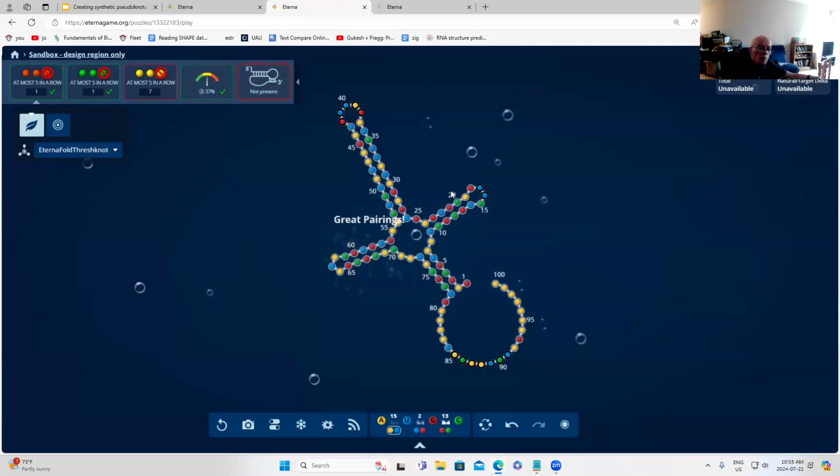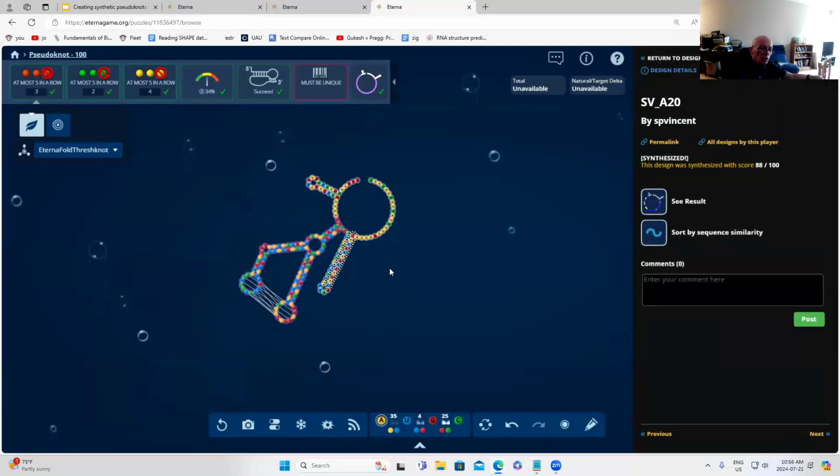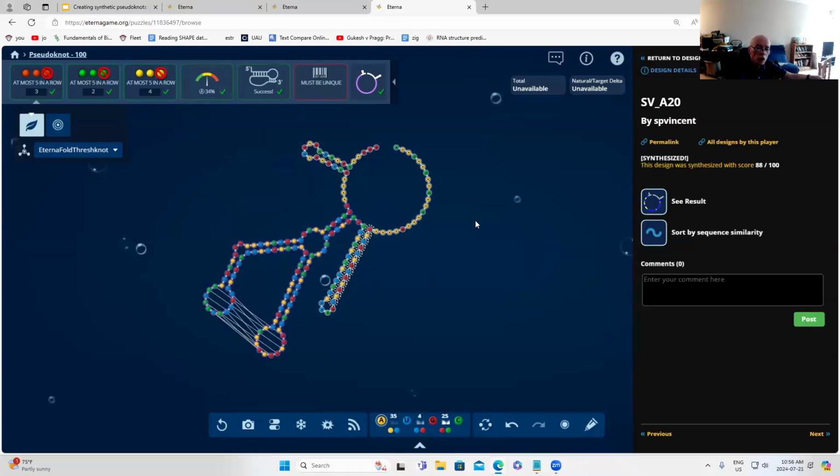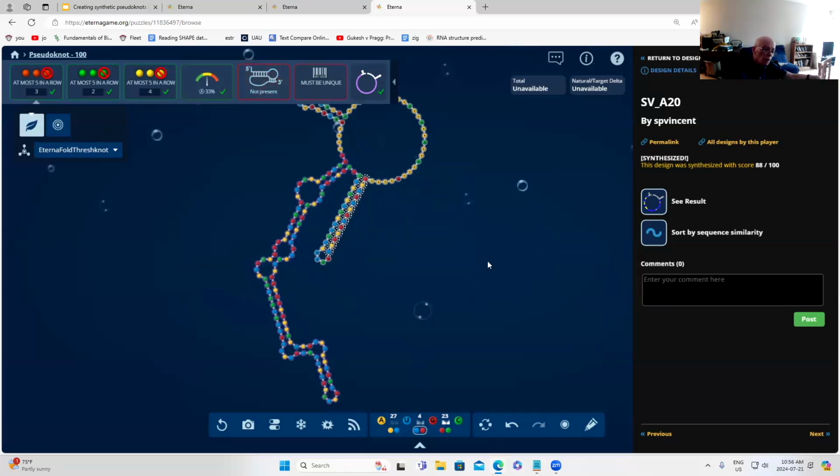Okay, I'd like to illustrate some of these points with some more examples. Oops, sorry. Okay, this is a pseudoknot from round 2 that illustrates some of these points quite well. We've got a single pseudoknot here between two ends. But just to illustrate how sensitive the process of pseudoknot formation is in EternaFold, I'm going to reduce the strength of this just by a tiny bit. One hydrogen bond perhaps, make this an IU, and